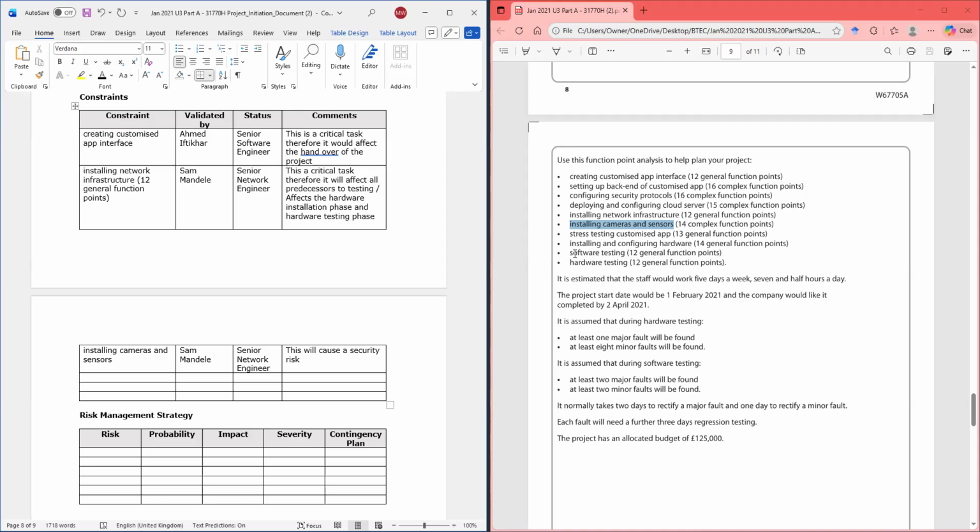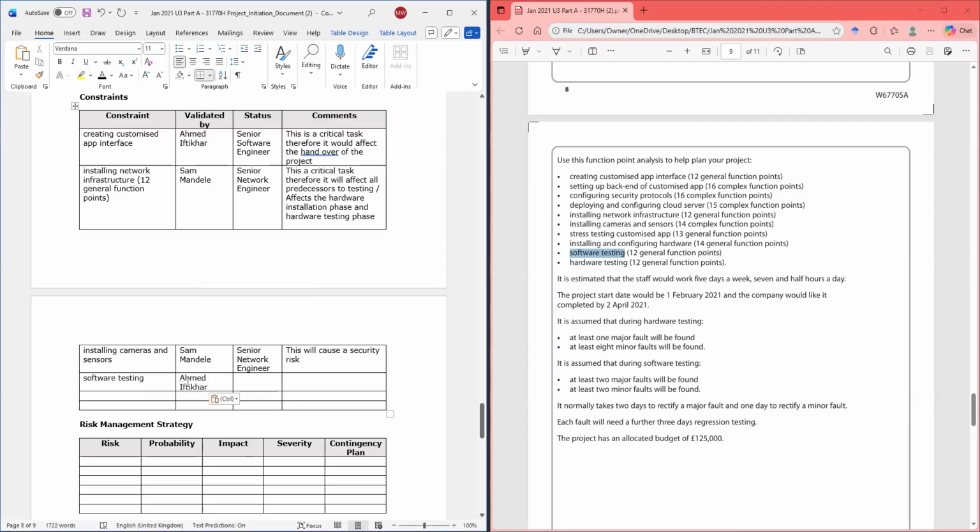Or let's say we have software testing, and this would be by Mr. Ifka again. Or in some of these cases, it can be you, because if it's not completed yet, you're the project manager, so you can go on it.